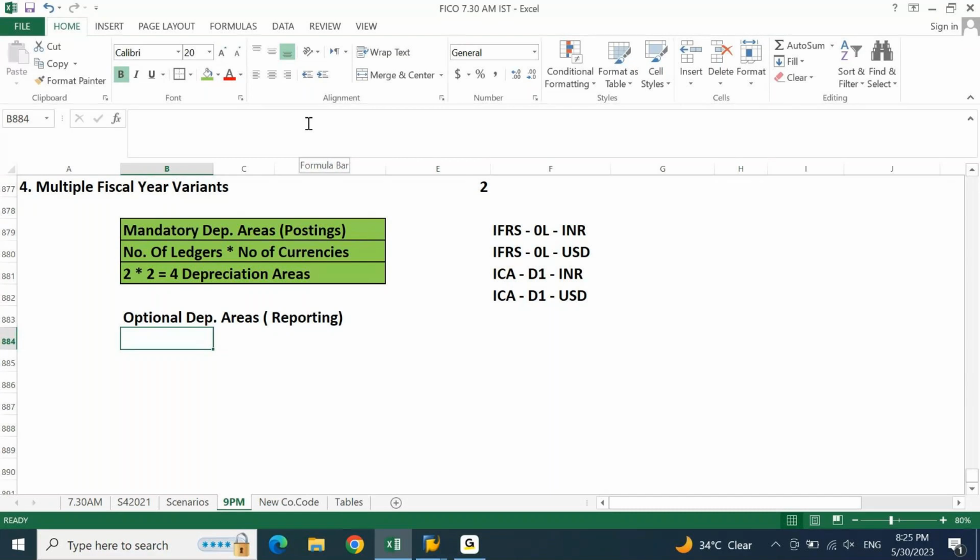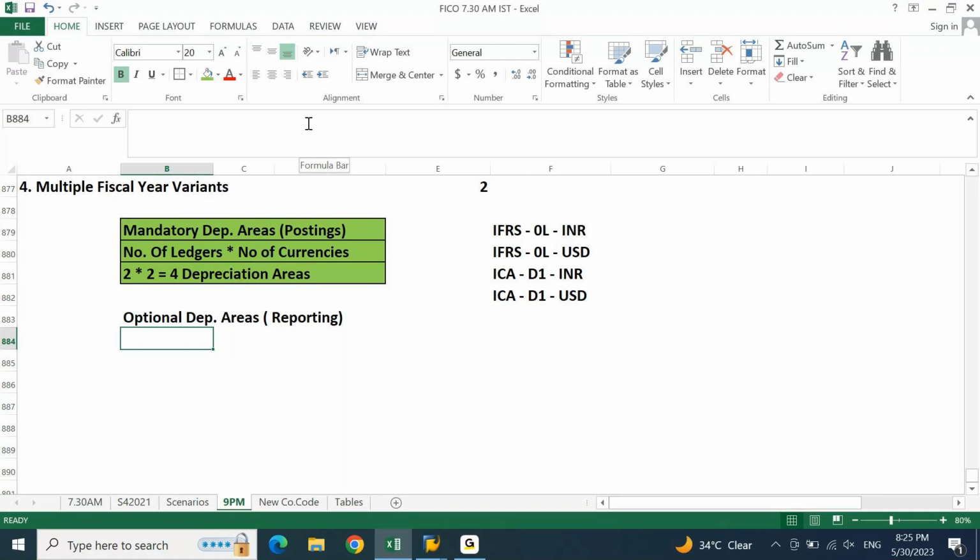One of the reporting requirements is your Indian Income Tax Act. For Indian Income Tax Act, we are not going to create any ledger, but we are only going to create an accounting principle to meet the reporting requirement. Your accounting principle for Indian Income Tax Act is not going to represent any ledger.